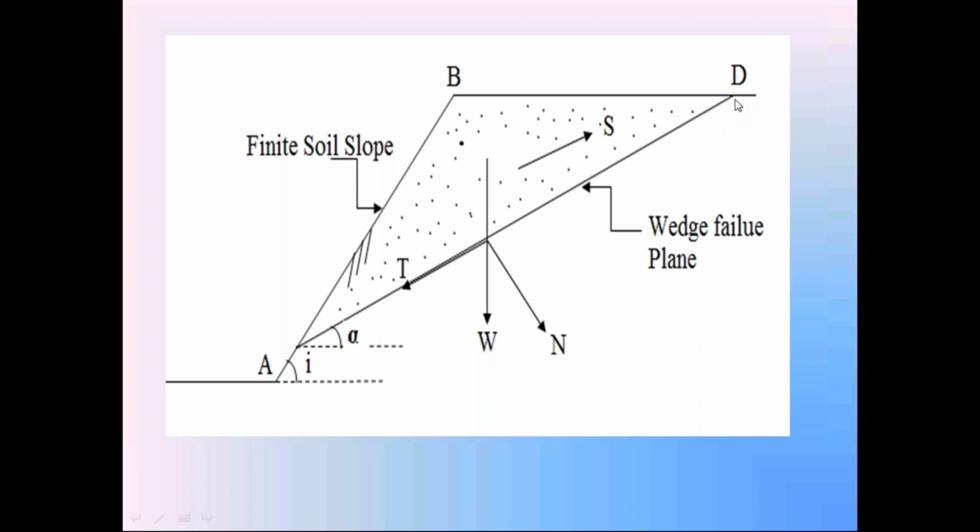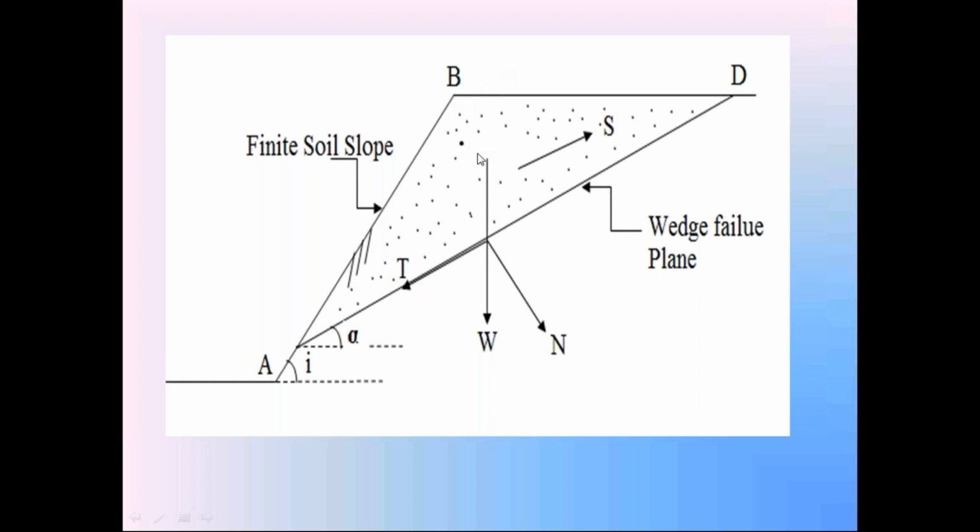Now we are going to discuss this failure surface AD, what is the factor of safety of this finite soil slope. To find out the factor of safety of the finite soil slope about this failure surface AD, first consider this soil portion ABD in the graph sheet. Since this portion of soil ABD is a triangle,